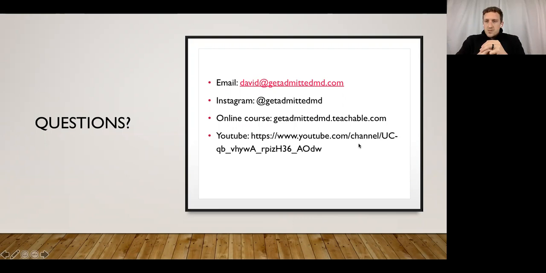And then, is the two science letters process a strict rule or just a general recommendation? It's just a general recommendation, because a lot of medical schools ask for two science letters. So I think it'd be prudent to have two science letters in your back pocket. If a school only asks for one, that's awesome.